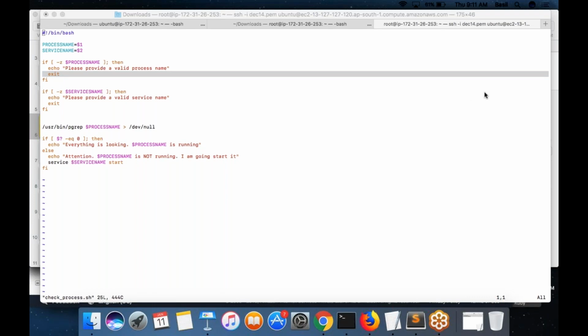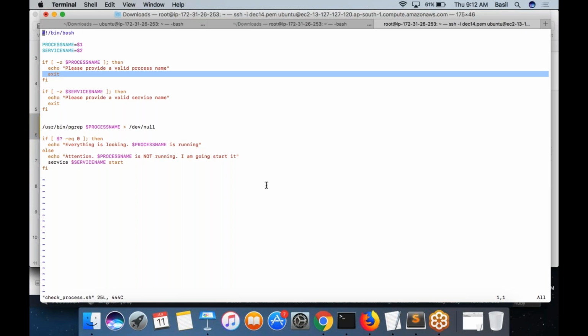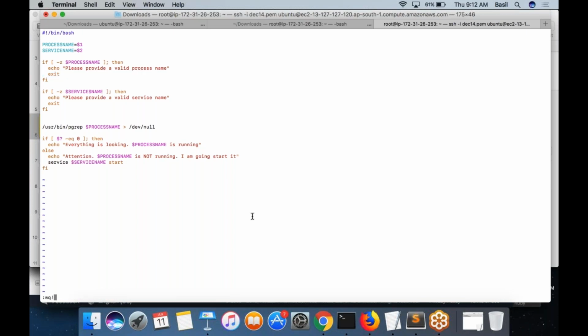So, if we have to redirect this to a file and keep a record, where should we put that? You want the output to be redirected to a file. Actually, that's what we have been doing here. What this greater than symbol does is send the output of your script, in this case, to a null device.